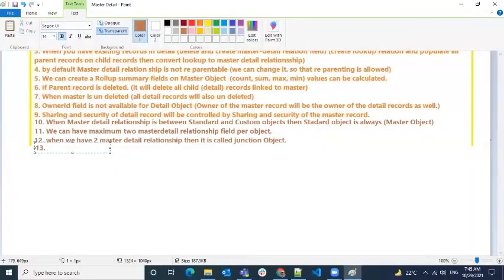Okay, before we discuss that, when we have a master detail relationship, the sharing, owner ID, everything will be controlled from a master object, correct? Now, when a detail object is having two masters, then how the owner ID and sharing security will be controlled